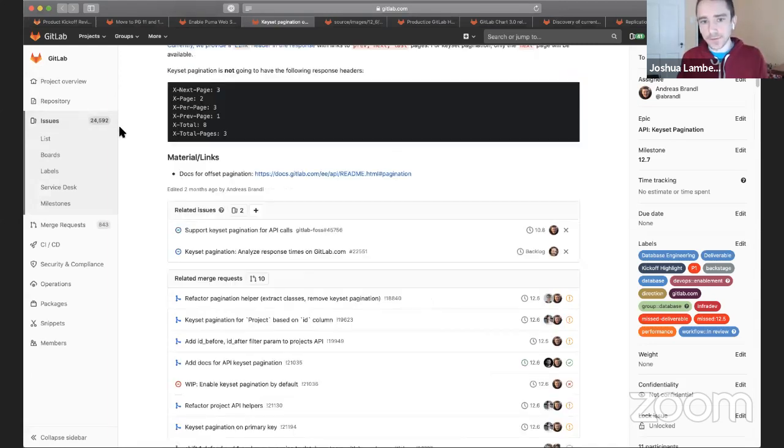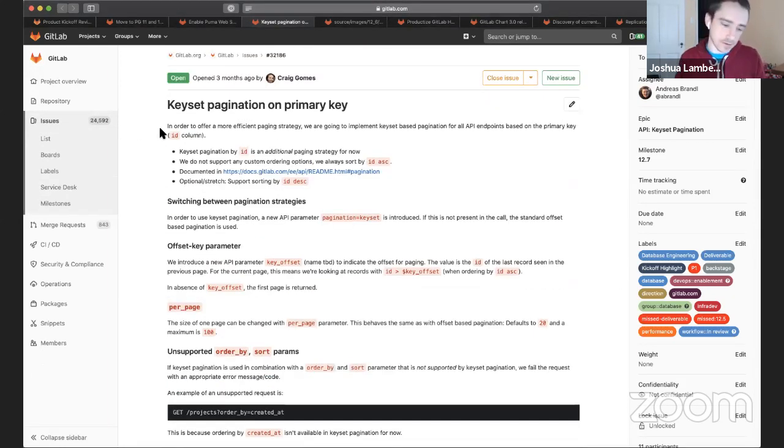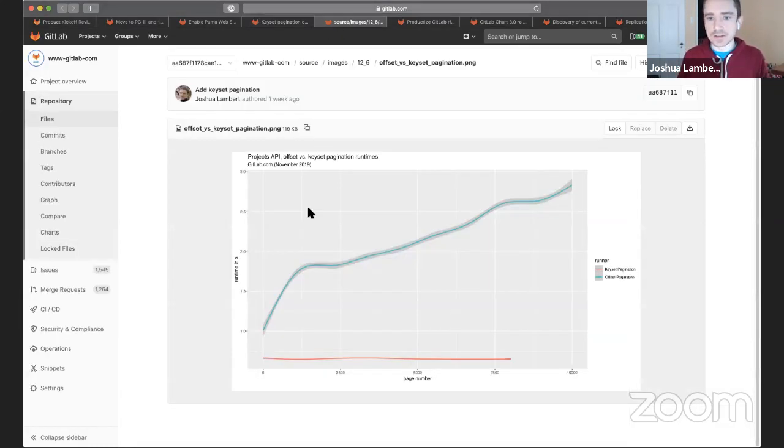And then last on performance, but certainly not least, we're also continuing to improve our API performance. A key area we're working on is the project API. We're working on shifting from offset-based pagination to keyset-based pagination, because as you can see here, as you call for deeper and deeper pages or deeper offsets, the performance on the offset-based pagination significantly declines. Whereas with keyset pagination, it's a constant time operation.